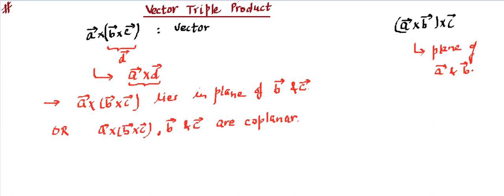In order to find the exact value, we can put the value of vector A, value of vector B, value of vector C if they are given in i cap, j cap, k cap form. Then first we will be performing the cross product. In this case, first we will be performing this cross product, and whatever the answer comes, then we will go for this another cross product.